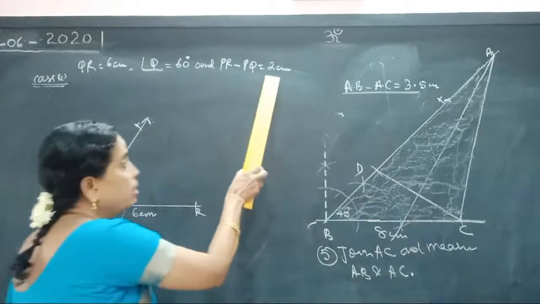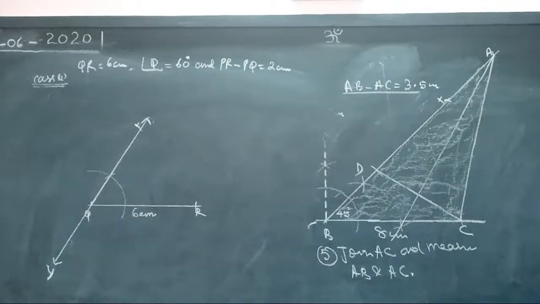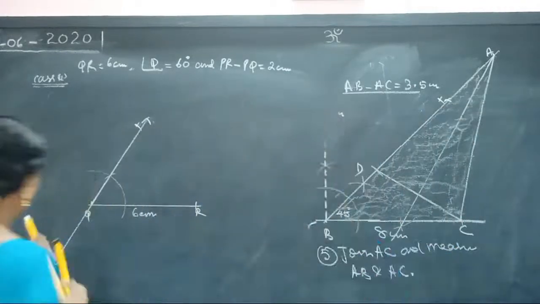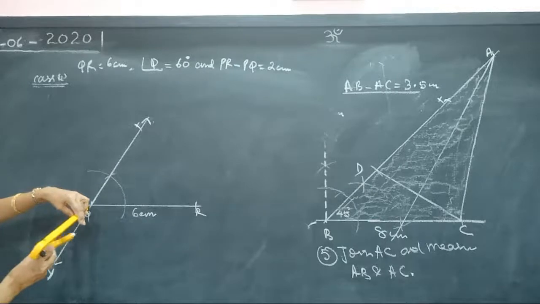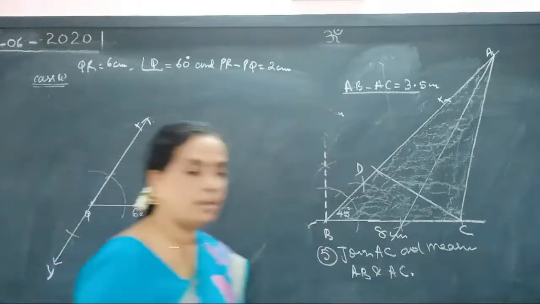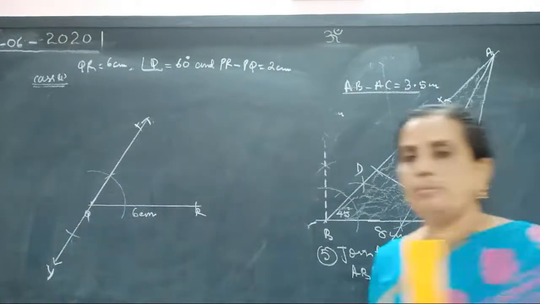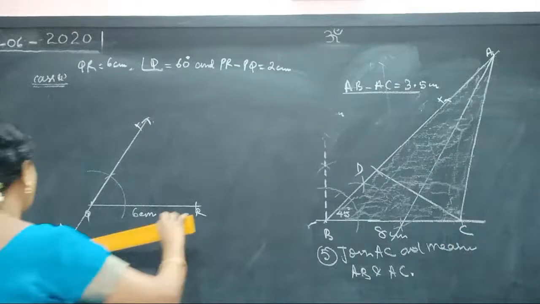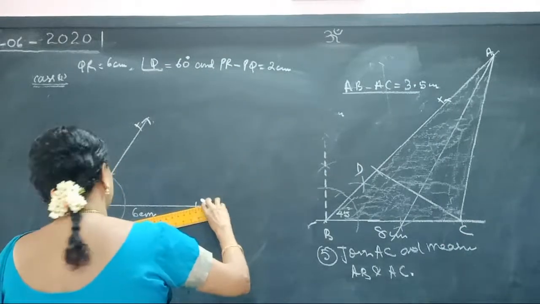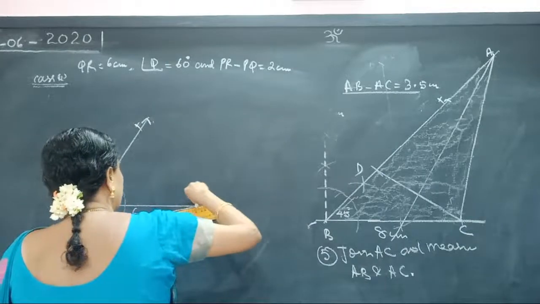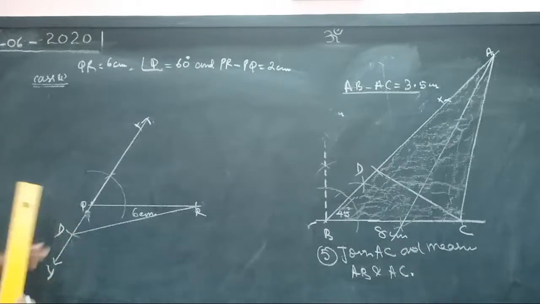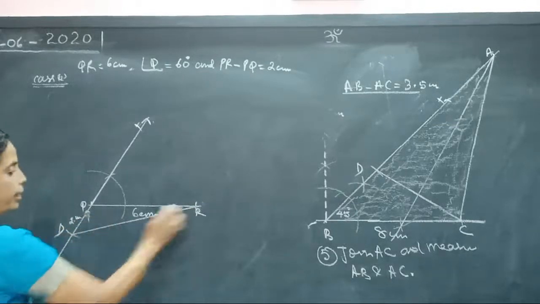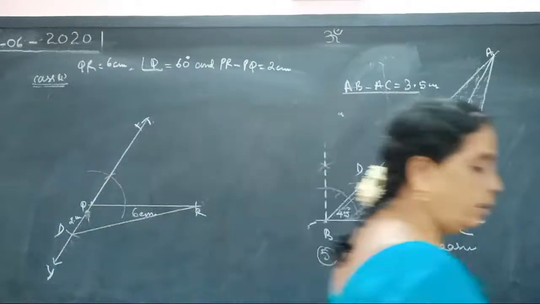Okay? Now the difference is 2 centimeter. Using your compass, cut off 2 centimeter here. Name that point as D and join it to R. After constructing 60 degree, you have to extend the line downward and cut off the difference here and join D to R. After joining, next step is